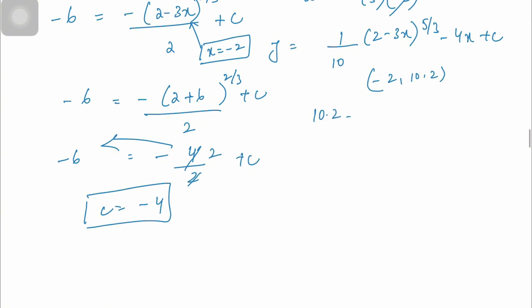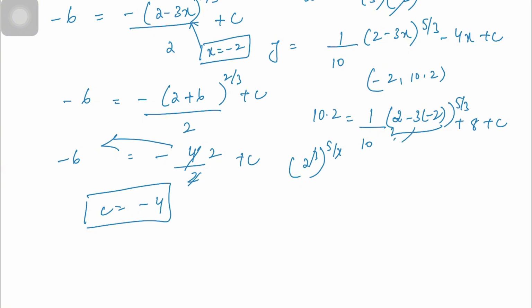So this would be 10.2, 1 over 10. This would again be 2, minus 3 minus 2, this would be 5/3, and then this would be plus 8, I guess, yes, plus 8. So this is basically 8, and 8 is basically 2 to the power 3, so this would be cancelled out,